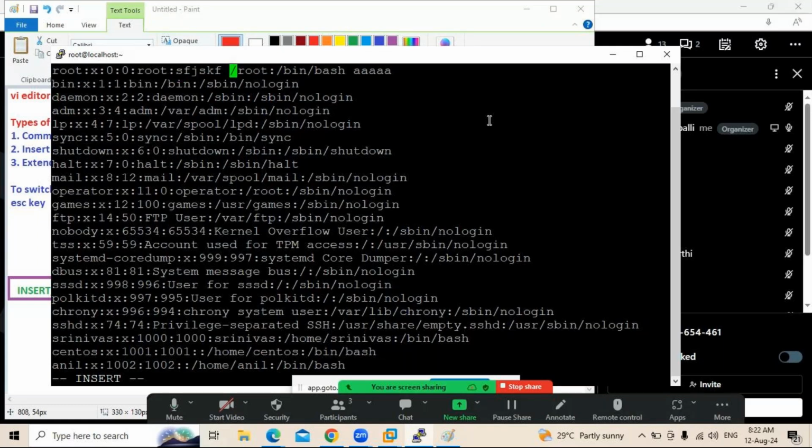Escape I to add the text where the cursor is. Escape A to add the text after the cursor. Again escape, go to command mode. When the cursor is in starting position,